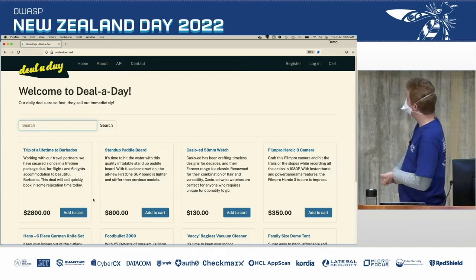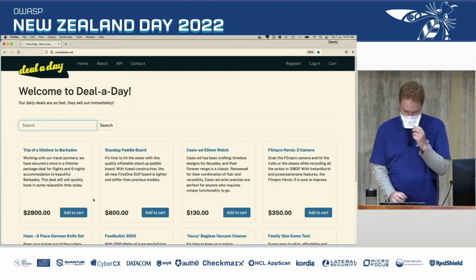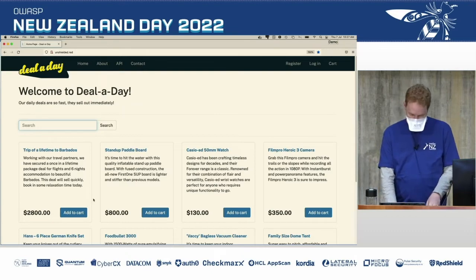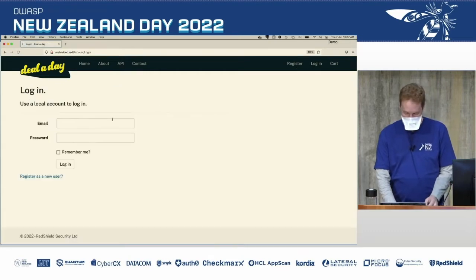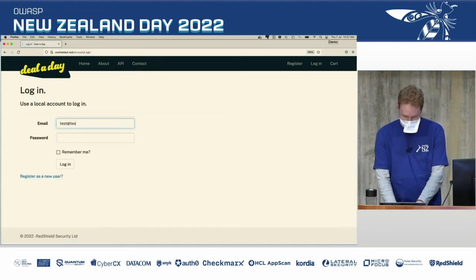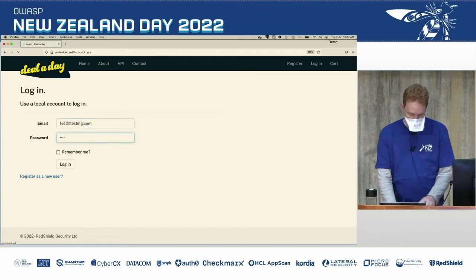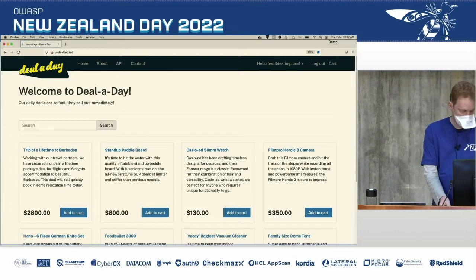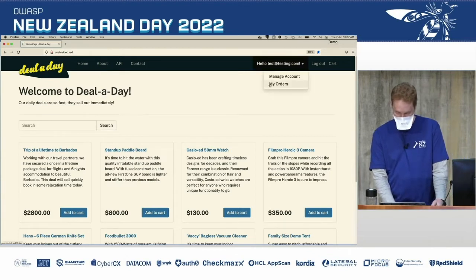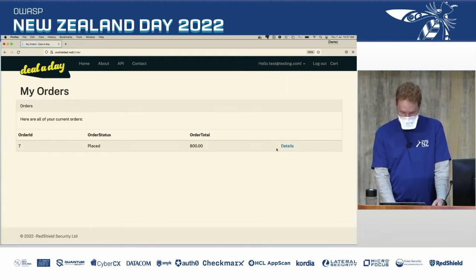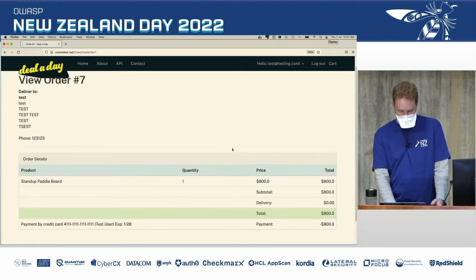What this is, it's an online shop. You can buy things like trips to Barbados and stand-up paddle boards, and it has a registration and a login system on it. So I'll just log in as a regular user. And now I can have a look at my previous orders. So there's one that I prepared earlier for $800, and this is,